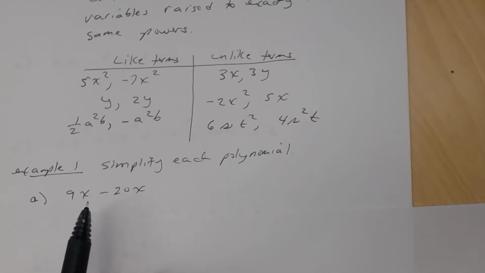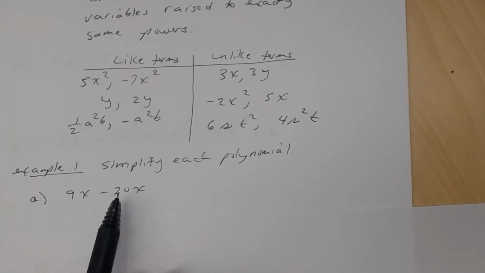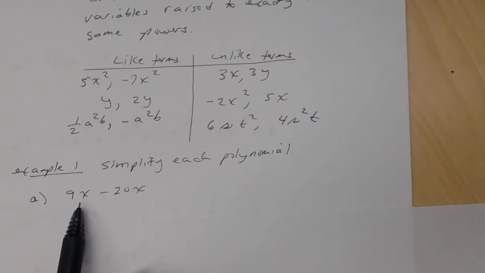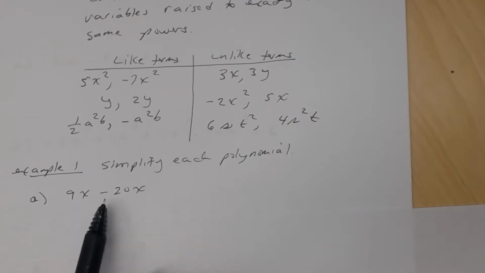Now remember, in a previous lesson we talked about determining what the terms are. So don't say this term's a 20. This term is a negative 20x. Okay? So when combining like terms, and these are like terms because this term has an x to the first, this term has an x to the first,